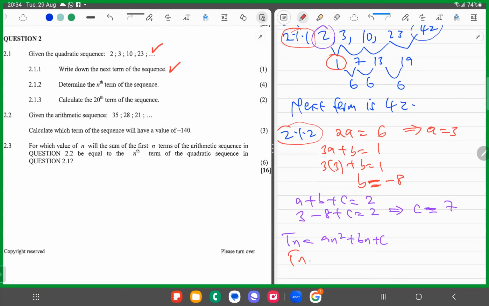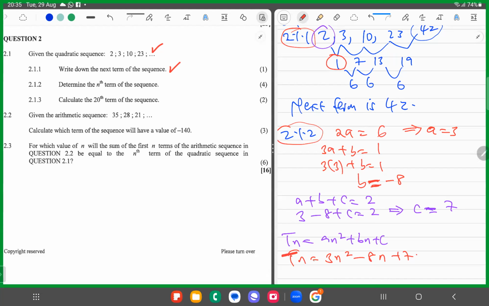So which means Tn is a. What is a? 3. And the b is squared, and the c is 7. Okay, so this one is the nth term of the sequence. All right. So to test that the nth term is correct, you can generate the original sequence again